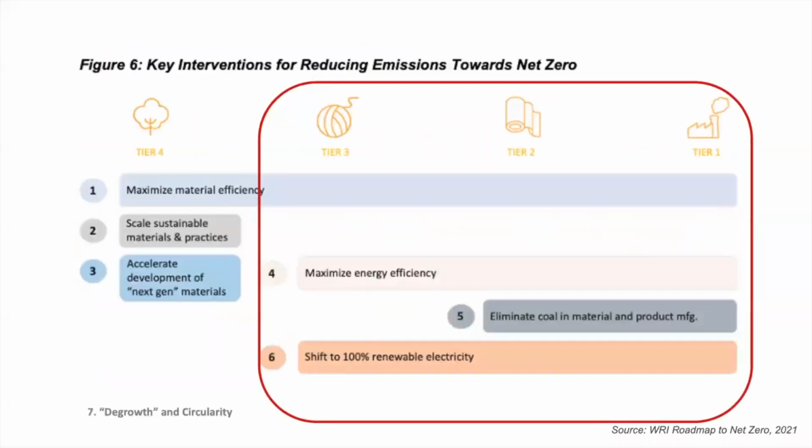So again, referencing this chart, in terms of facility level impacts, there are, again, 3 key levers I would mention. One of them is really trying to make those facilities, those factories, as efficient as possible in terms of their energy use. Another big one is really elimination of coal as a fuel source for those factories. And then along with that, ideally shifting to 100% renewable energy being used to power those factories that are, again, producing the materials, perhaps dyeing the materials,